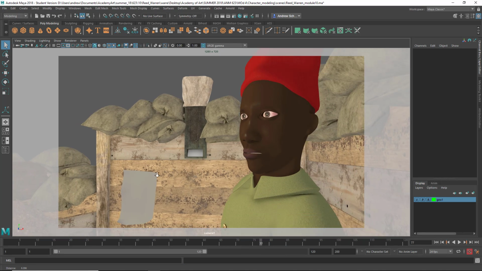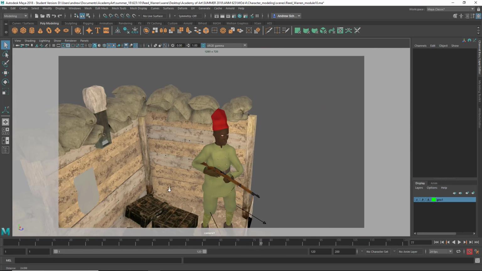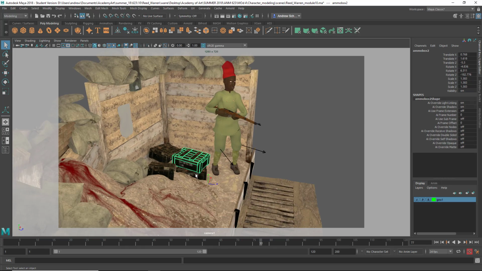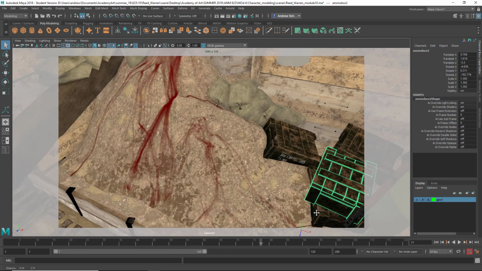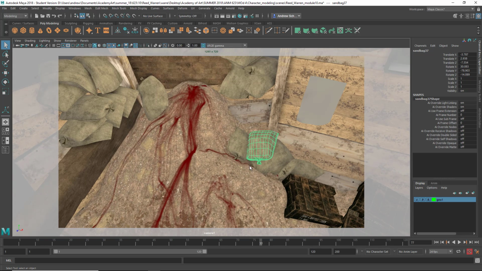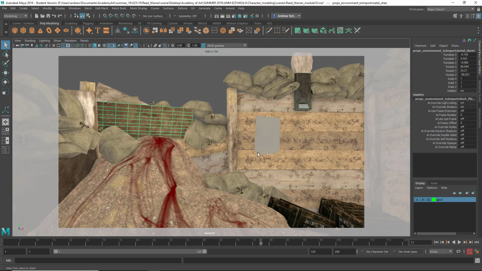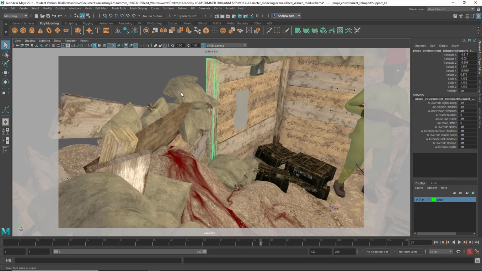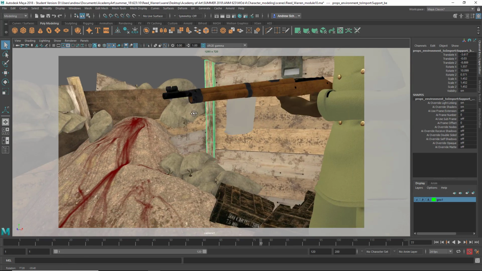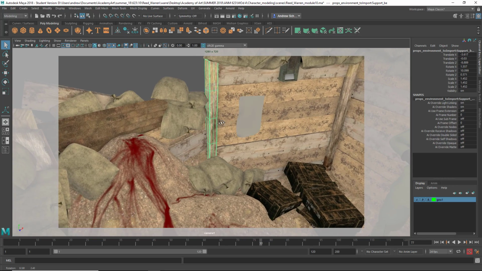Here we are in Maya, and yeah, I mean, that's just really good work. Love the careful work on the sandbags, shaping each of those, that kind of stuff. That's great. I think that you could get into some